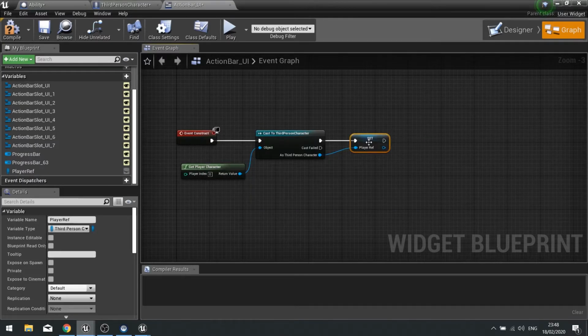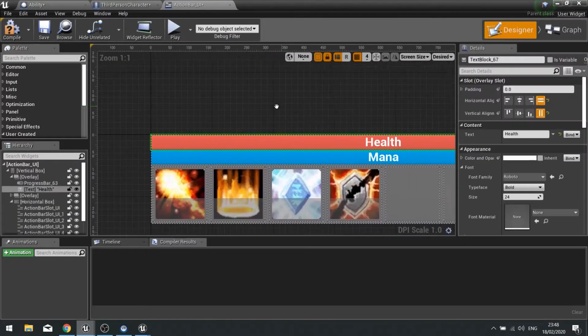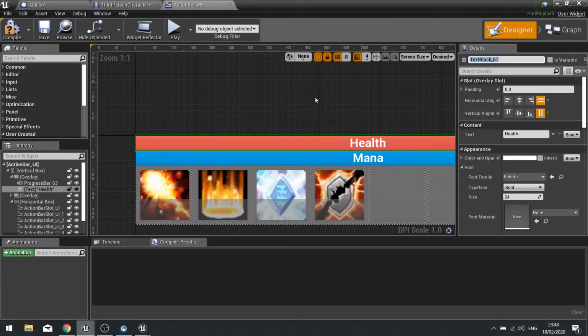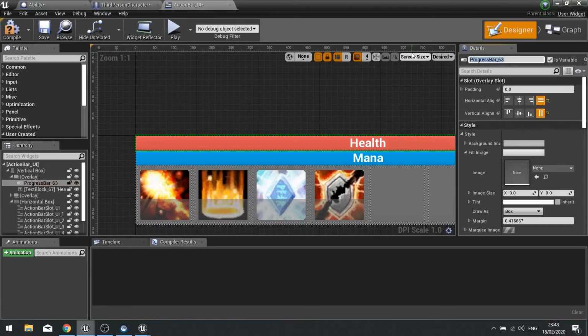On the construction, we can use that player reference to set up the progress bars. So on the first one, I'm going to click on the health and change the name of it here. Oh, sorry, on the health bar, we're going to change that to health bar. Make sure it is visible. And then we're going to go into the second one and call this one mana bar, like so.